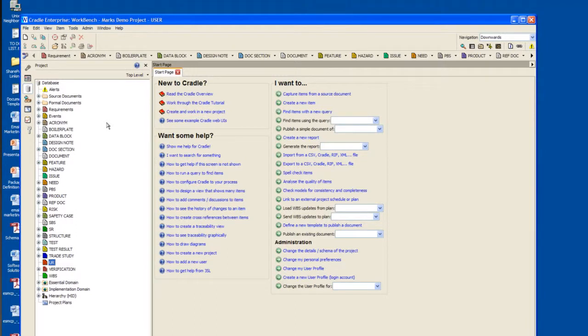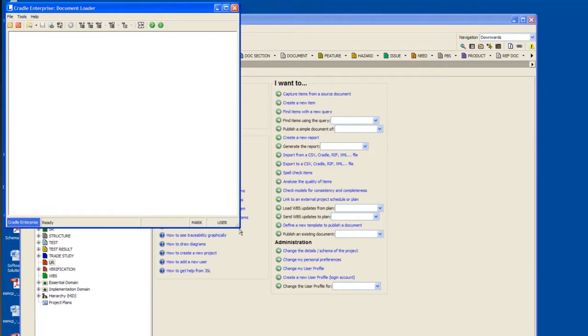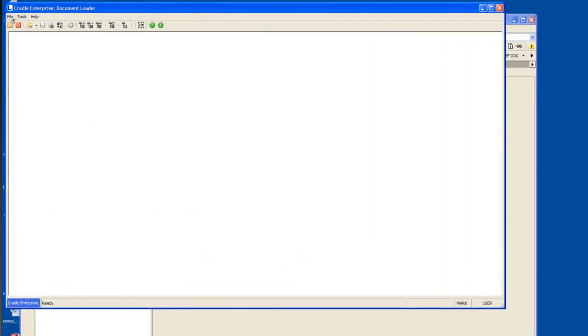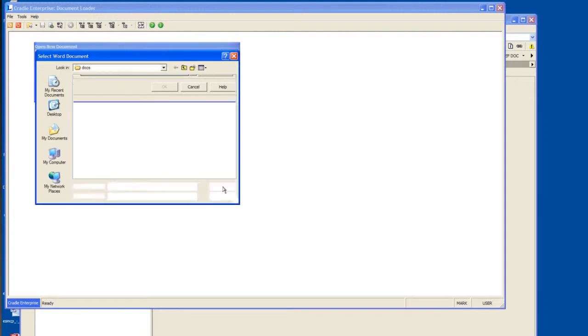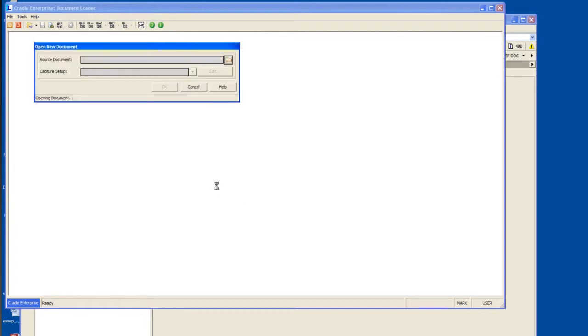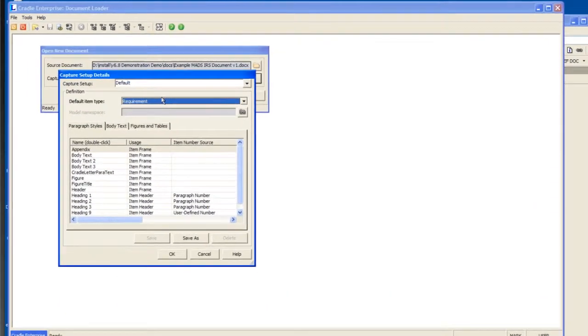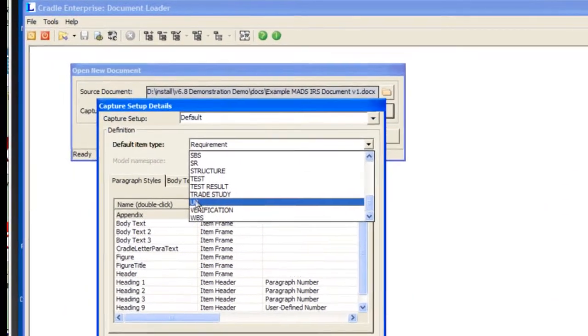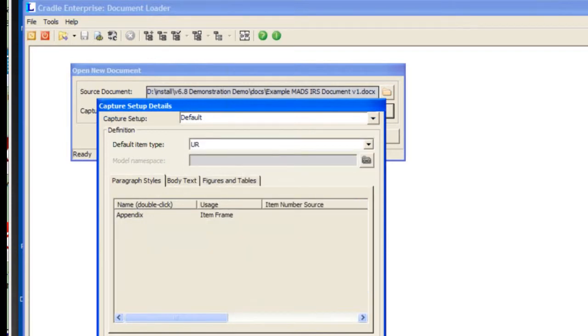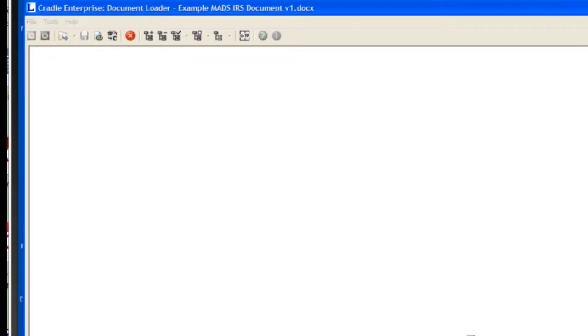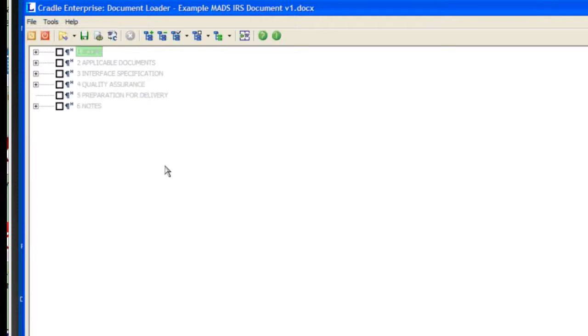So I have just started a tool called Document Loader, and I will open a Word document inside it. Document Loader searches the Word document to find all of the paragraph styles used inside it, and I will tell Document Loader to capture user requirement items by default, and click OK. And now I parse the entire Word document into Document Loader,